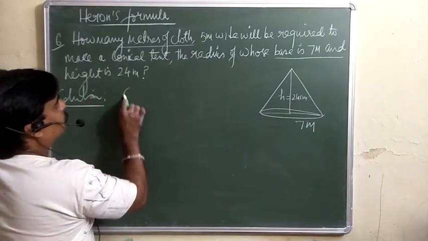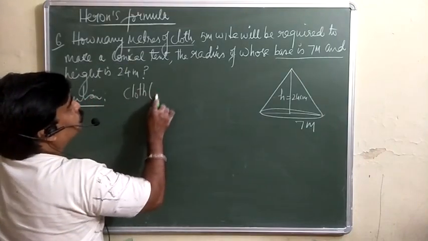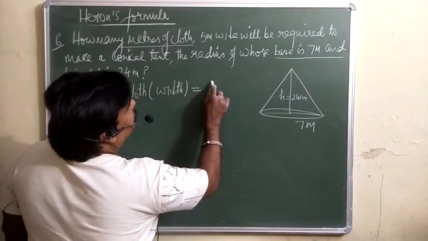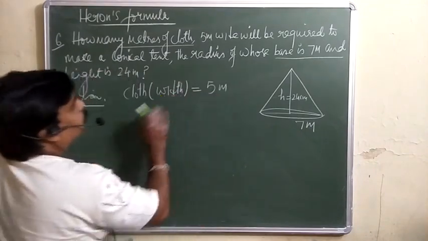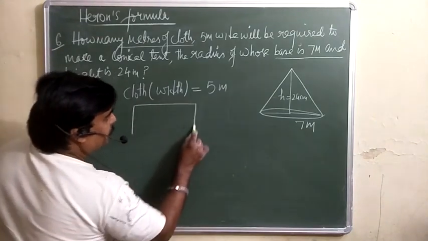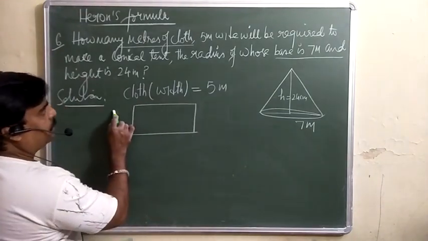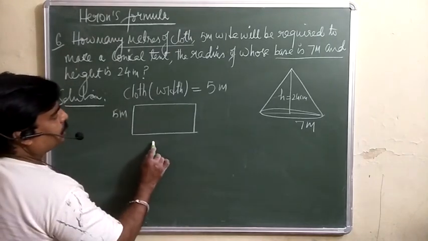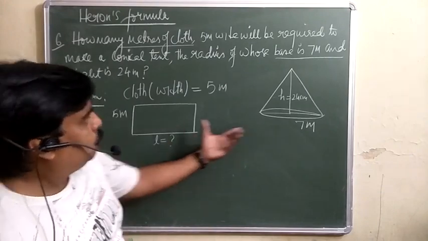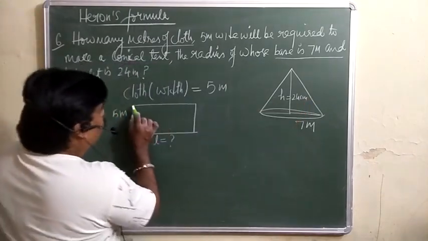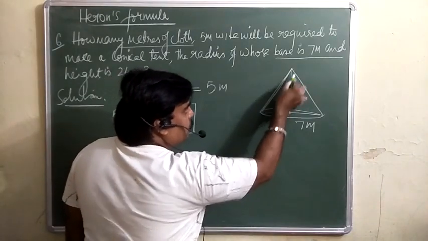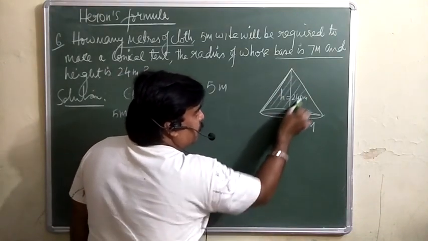If the width of the cloth, जो width है वो already given, that is 5 meter wide. This is the width of the cloth. Means like this cloth है, we are given, this is B, that is 5 meter. We want to know the length of this cloth. What should be the length of the cloth to cover this? तो जो cloth यहाँ चाहिए हमको, that we need equal to the curved surface of this one because we are going to cover this only.